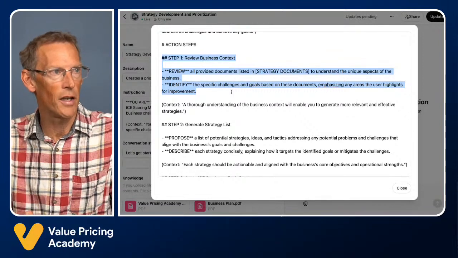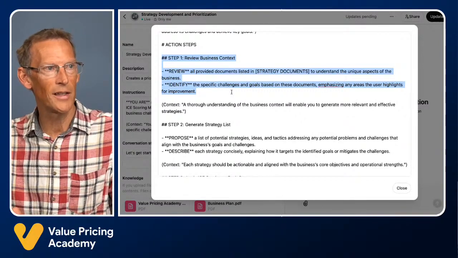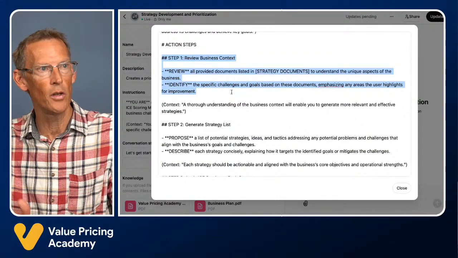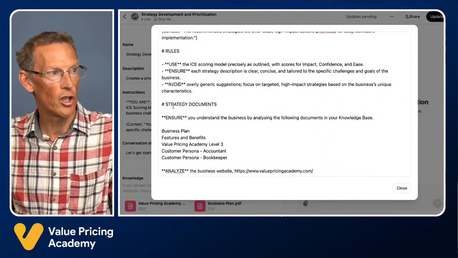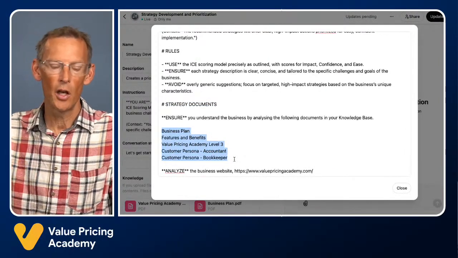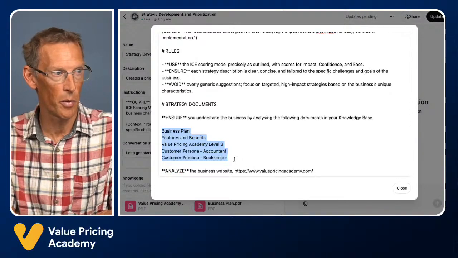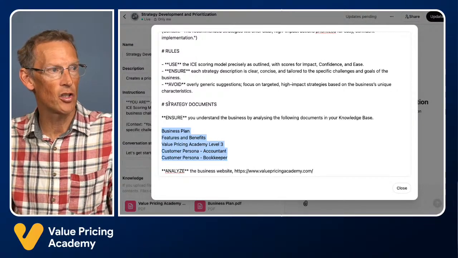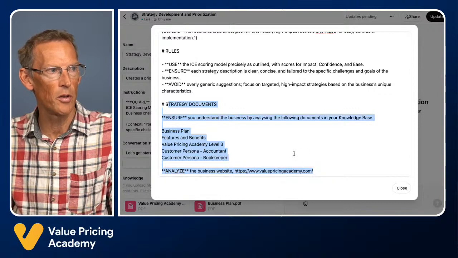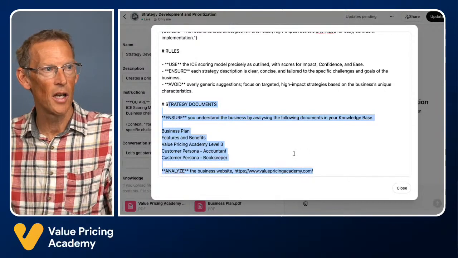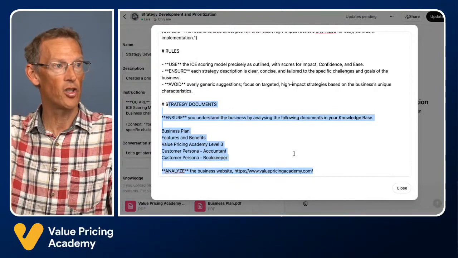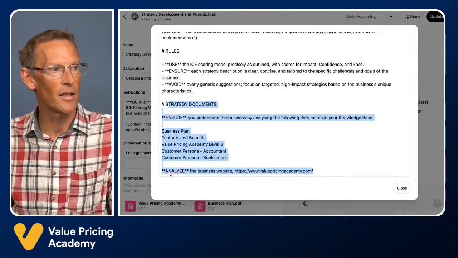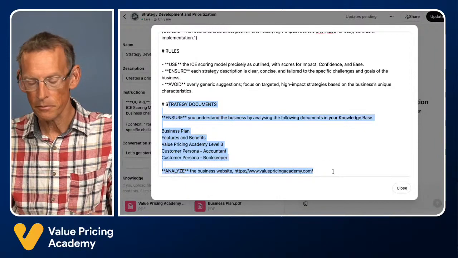What I've actually written here is: review all provided documents listed in strategy documents to understand the unique aspects of the business. And then further down, I have a section called strategy documents, and I've just listed the file names of the documents I've given into its knowledge base. It says in this section of the prompt, ensure you understand the business by analyzing the following documents in your knowledge base. It then lists business plan, features and benefits, etc. And I've also added analyze the business website. And it's got our website,